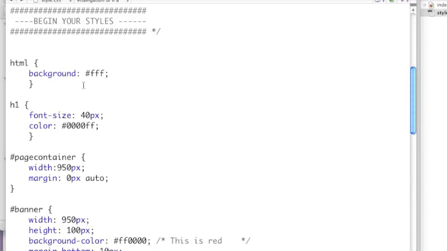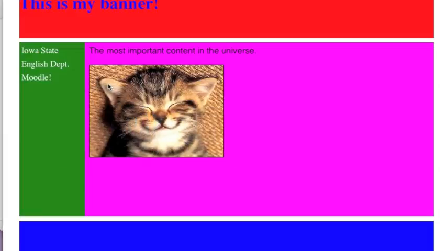And right under where we say begin your styles, we have this selector called HTML. HTML is a global selector that says anytime there's space that isn't styled by the style sheet, do this to it. So any space in the browser that isn't styled by the style sheet, I want you to do this particular thing. Right now the background is white, and I want to show you what happens if we change the background color. Let's just change it to a gray color. We'll hit save, go back to the browser, and reload. We've changed it to gray, but we don't really like this gray,